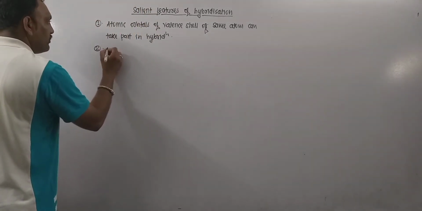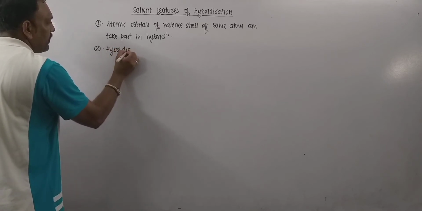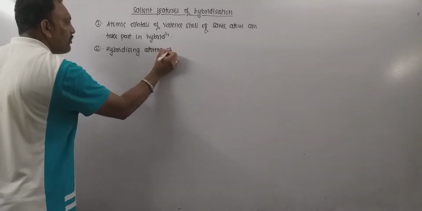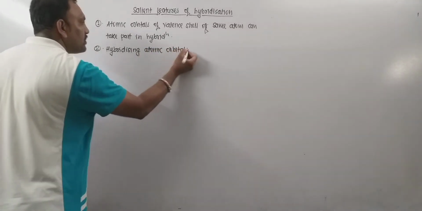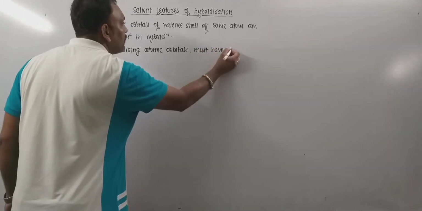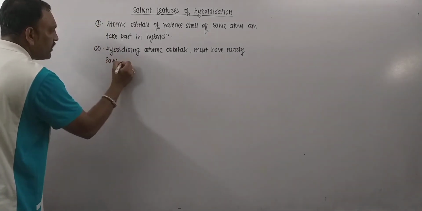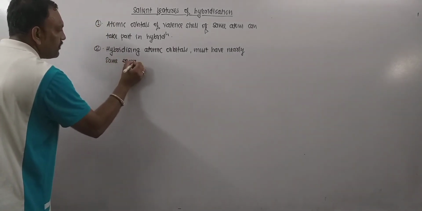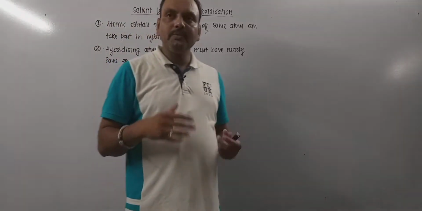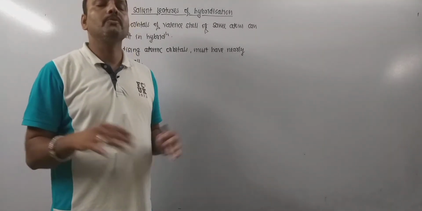So remember, the hybridizing atomic orbitals must have nearly the same energy. For example, a 2s orbital can mix with 2p, but a 2s orbital cannot mix with 3p due to the greater